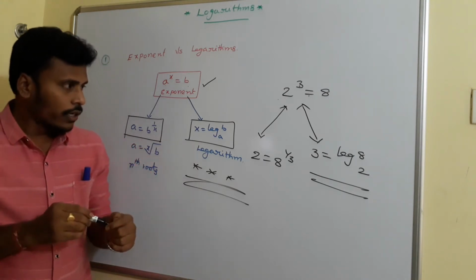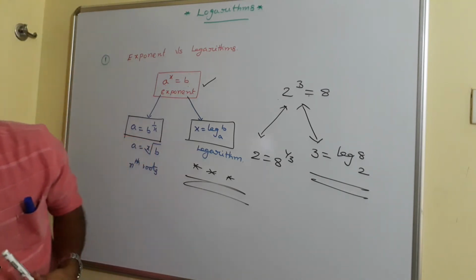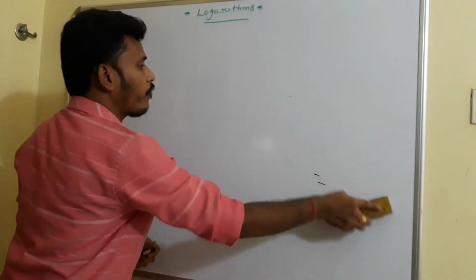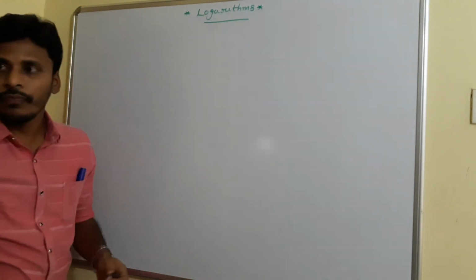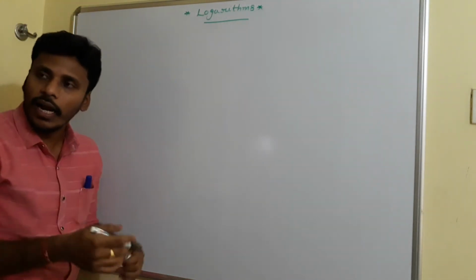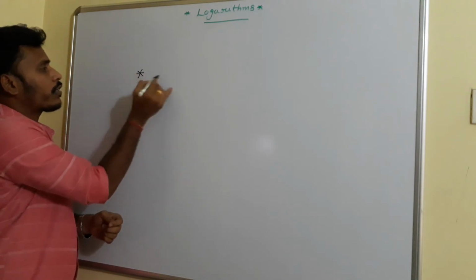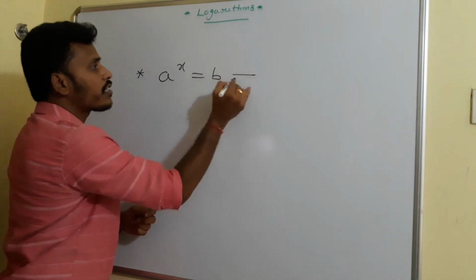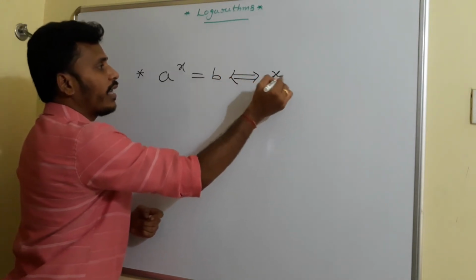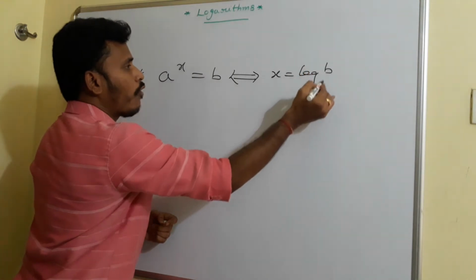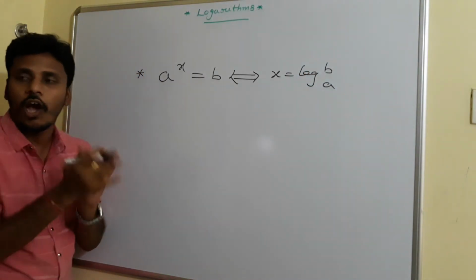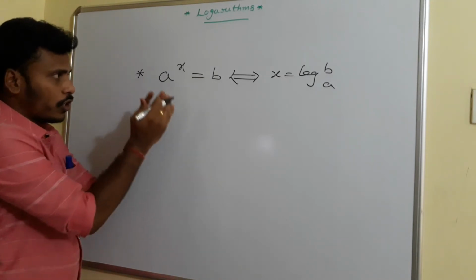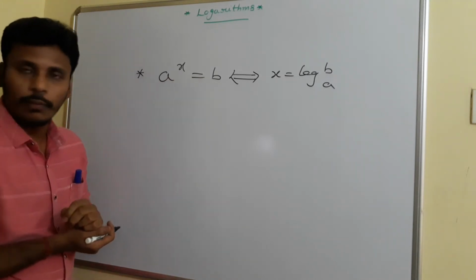Right, now I am going to define what a logarithm is basically. As I mentioned, logarithms are nothing but just another form of exponents. If you have exponents in your hand, you will convert them into the form of logarithm. Suppose you have a power x is equal to b as an exponent, then this is converted to x is equal to logarithm of b base a. It is just a convention, just a notation, right? A power x is equal to b if and only if x is equal to logarithm of b base a.